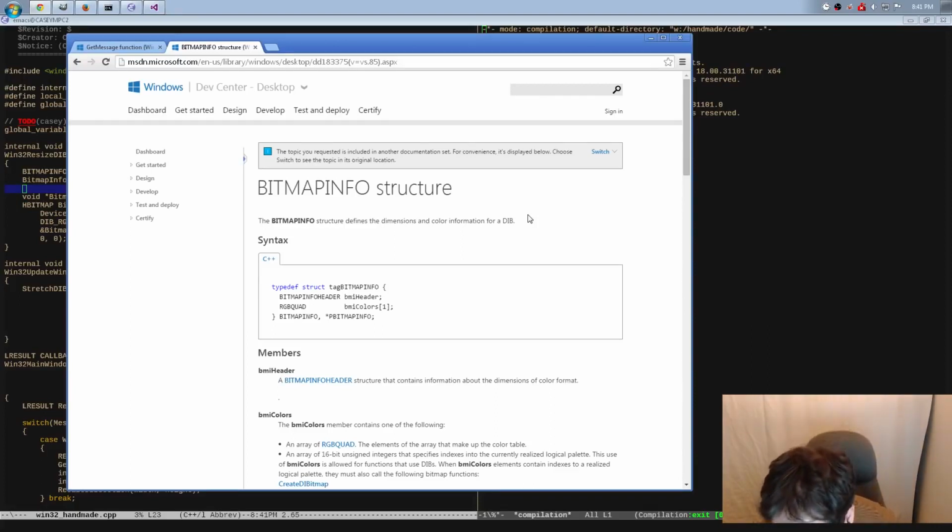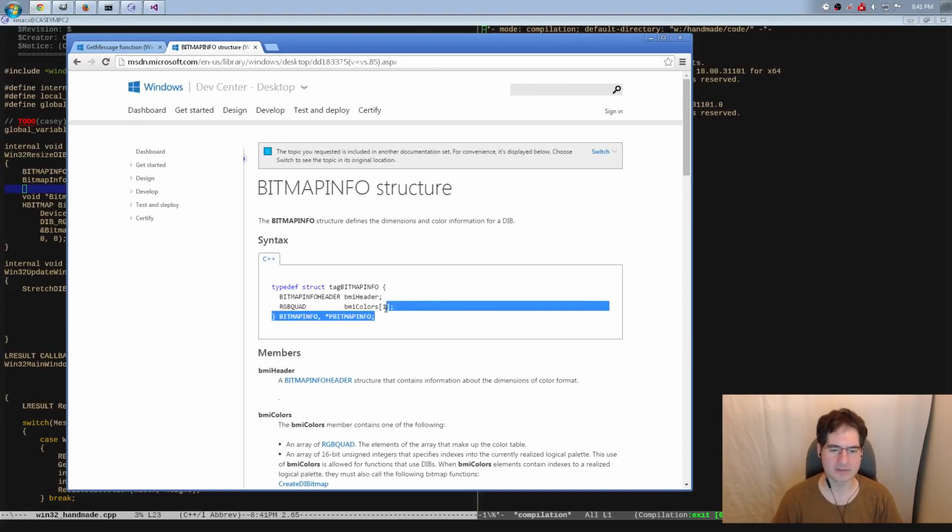Here we are on the bitmap info. So, we have a bitmap info header. It's called bmiHeader, and we have an RGB quad, which is bmiColors. Now, this is a little syntax that's used in old school C, and basically, if you define an array at the end of something, it allows you to make it variable length. You can basically keep on going off the end of this thing,